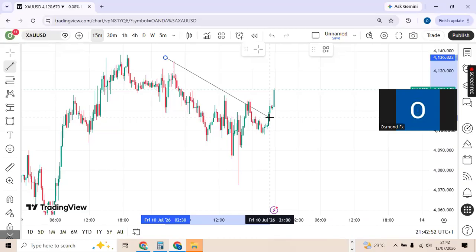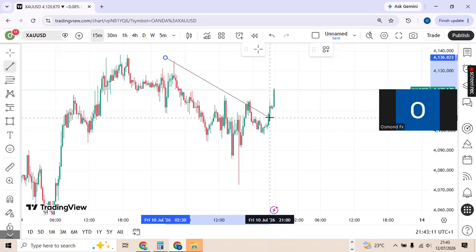Take trades that met your entry. If you are using SMC, wait for the market to come to your order block. Stop assuming that the market is going to buy or sell. Take the trade from your order block. If you are using supply and demand, wait for the market to come to your zone. If you are using support and resistance, wait for the market to come to your support and resistance, and only